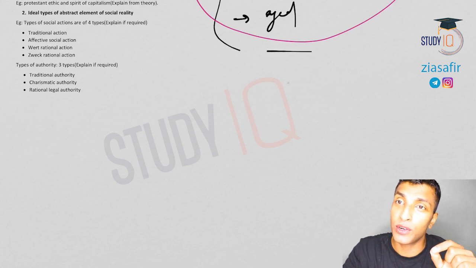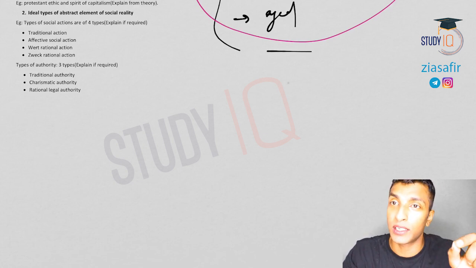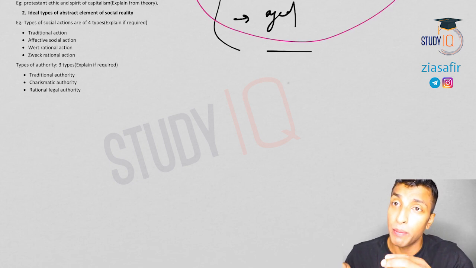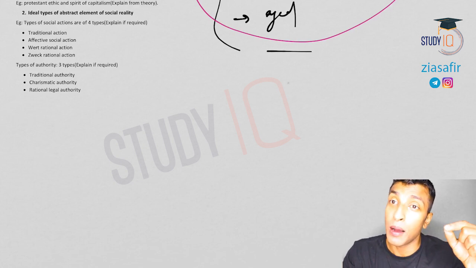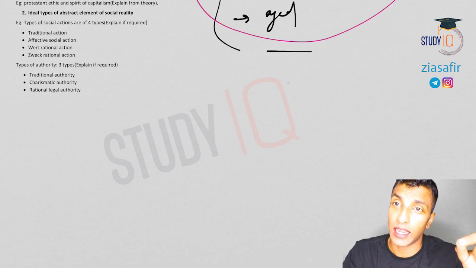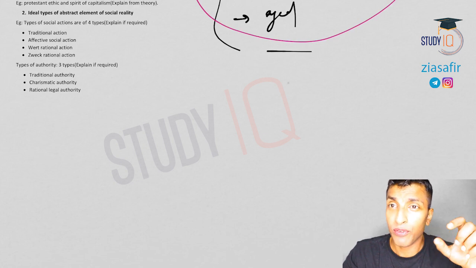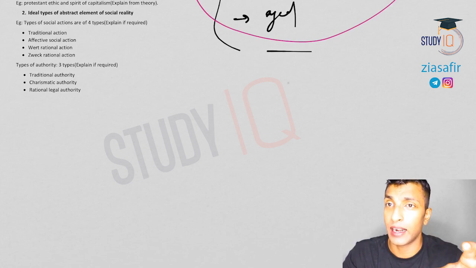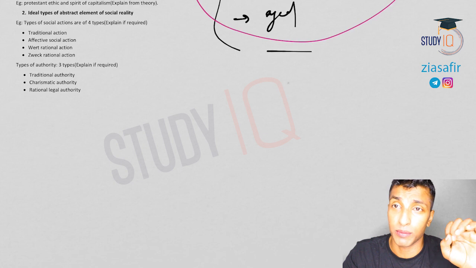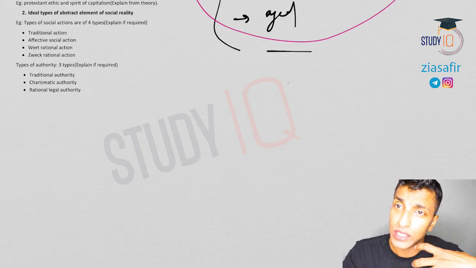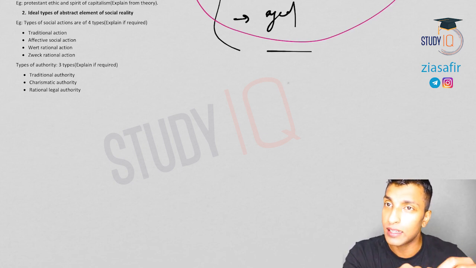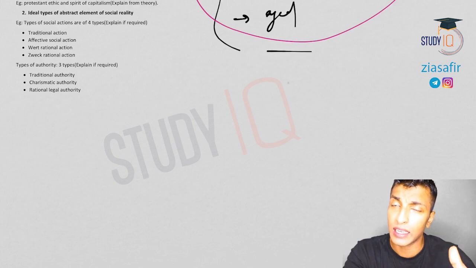Weber stressed studying the subjective reality objectively. Objective study of subjective reality, that means study the social action, the meanings attached by the actor to his action, but study it objectively by using scientific methods. That's what Weber proposed, and for that purpose Weber gave all these methods like Verstehen, ideal type, causal pluralism, causal probabilism, comparative analysis. But within all these we have discussed the criticism also. Same is the case here also.